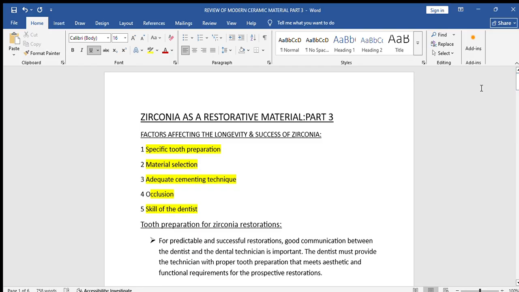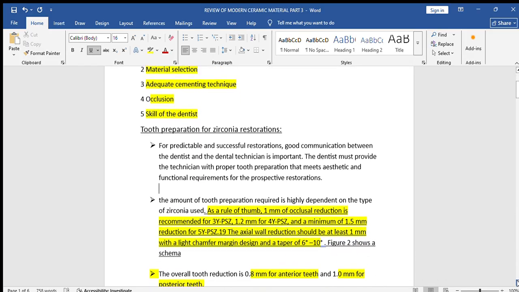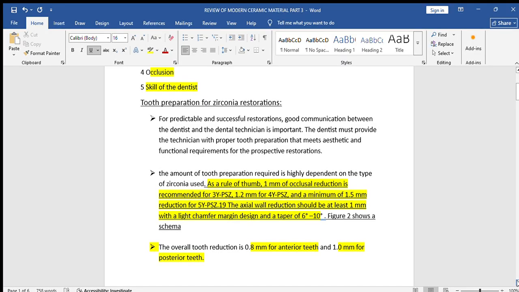So here we are going to discuss the tooth preparation for zirconia restoration. For a predictable and successful restoration, good communication between the dentist and the dental technician is very important. The dentist must provide the technician with proper tooth preparation that meets aesthetic and functional requirements for the prospective restorations. The amount of tooth preparation required is highly dependent on the type of zirconia used. Now, which type of zirconia you are using, we have discussed in the part 2 series, the role